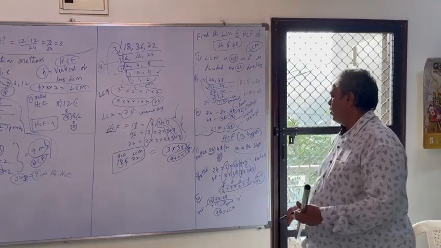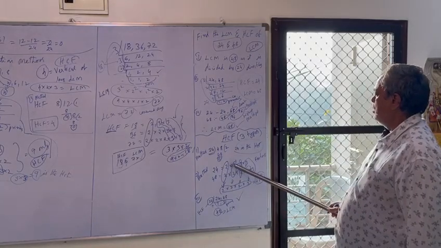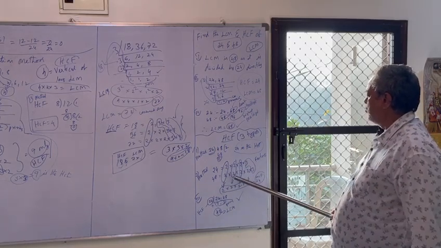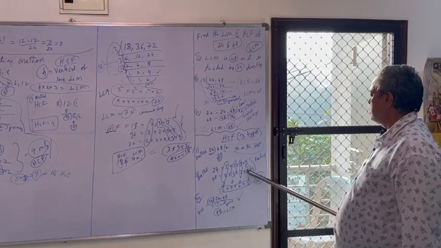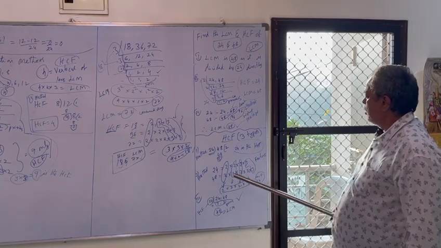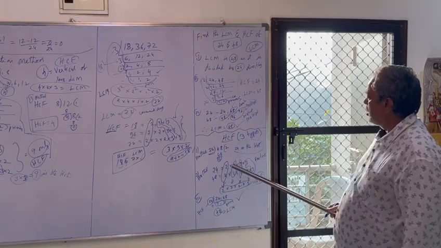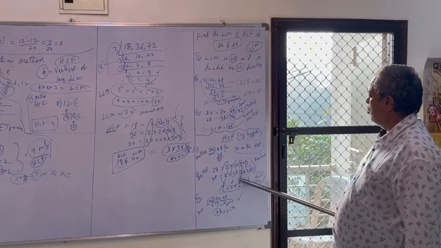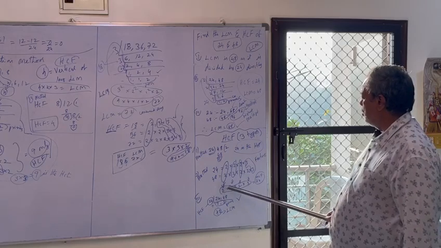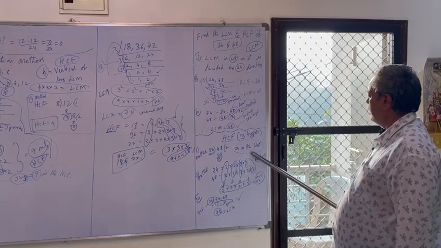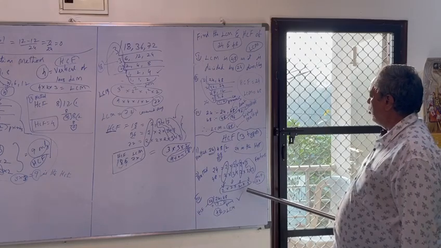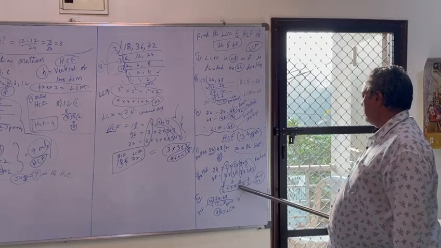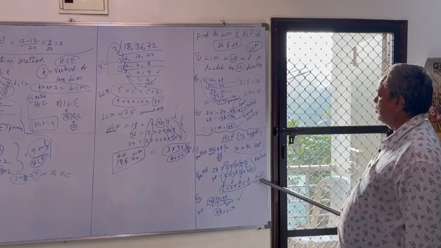In the second method, 24 factors are 2 2s are 4, 4 2s are 8, 8 3s are 24. And 48: 2 2s are 4, 4 2s are 8, 8 2s are 16, 16 3s are 48. Here in the 2 lines we got 2 common, another 2 common, another 2 common. We have taken a single 2, 2, 2, and the 3 only once. Then we multiply 2 into 2 into 2 into 3. 2 2s are 4, 4 2s are 8, 8 3s are 24 is the HCF, the correct answer.